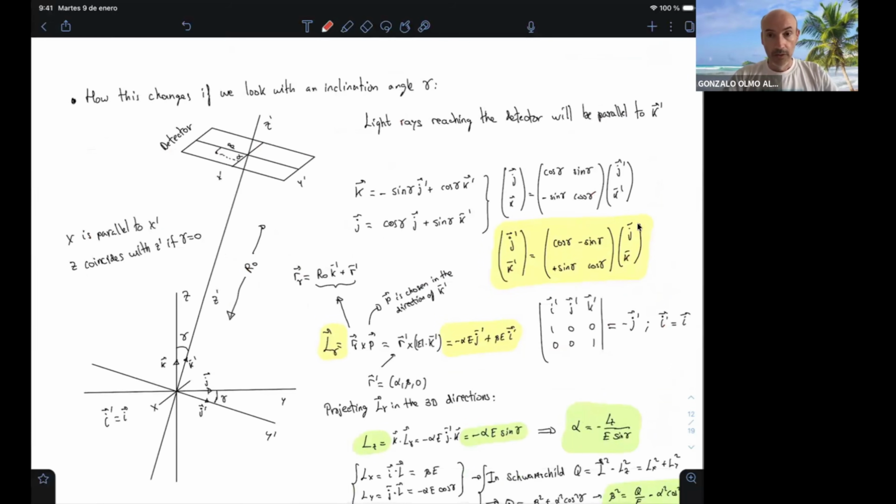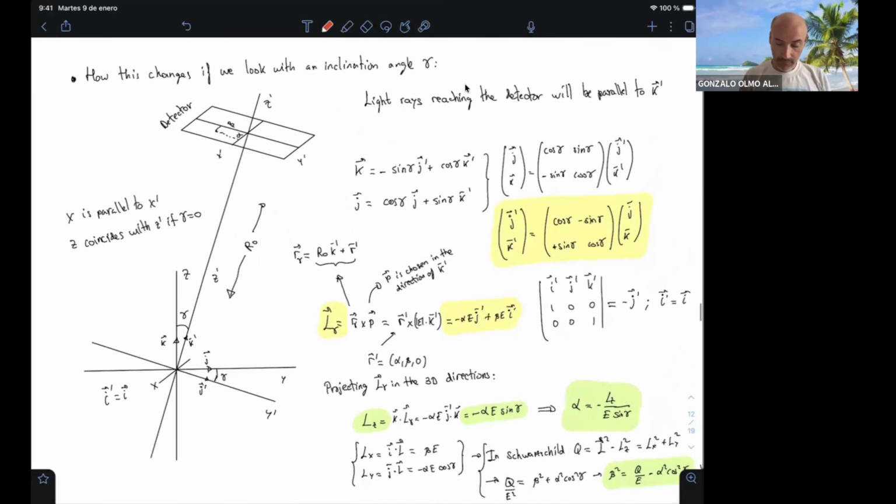Here we are, and the situation is this simple. I'm representing here the black hole reference frame in Cartesian coordinates. This is the detector